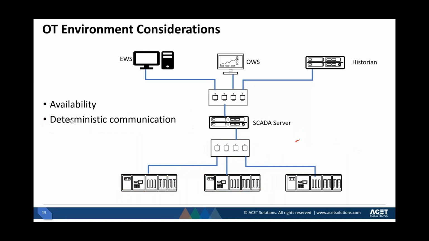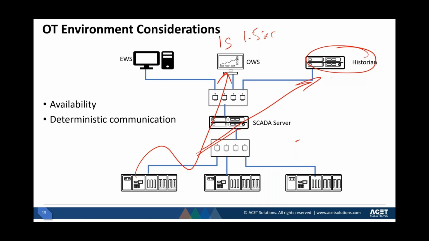Similarly, one last case over here, that you have something up here that's called a historian. If the data is going only for the display for the operator workstation, let's say it is supposed to update every second. If it becomes 1.5 seconds, it's not a big deal because the operators are human beings and their response time may not be so quick that they can even detect a half a second delay. But historians typically collect the data, and I'm giving one type of example scenario, and they put a timestamp on it, that this particular event happened at